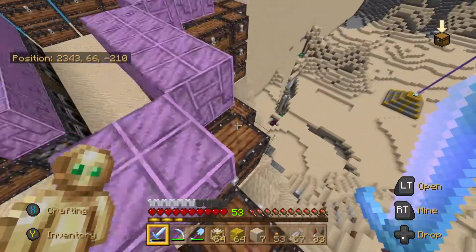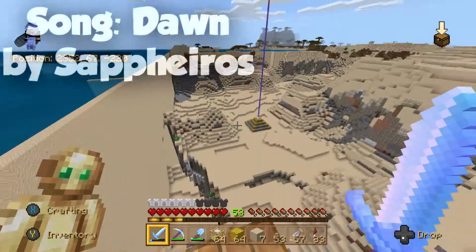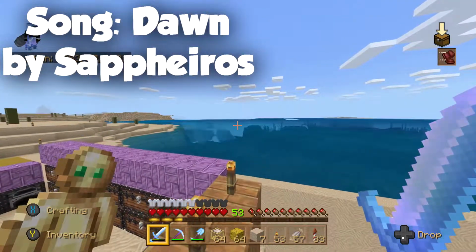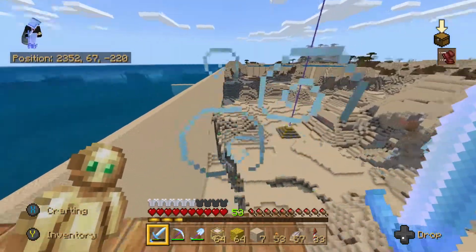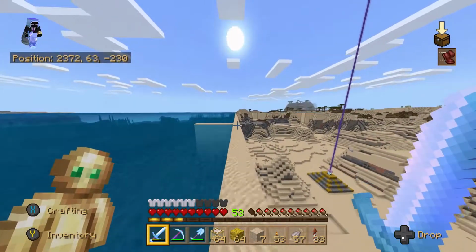In today's video, I'm going to be talking about a few of the different ways that you can actually farm and obtain different rare and valuable items and resources in Minecraft that are supposed to be non-renewable but are actually farmable in a way. So hopefully you guys do learn a thing or two from this video,